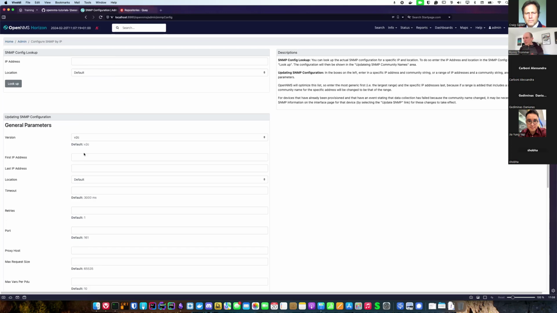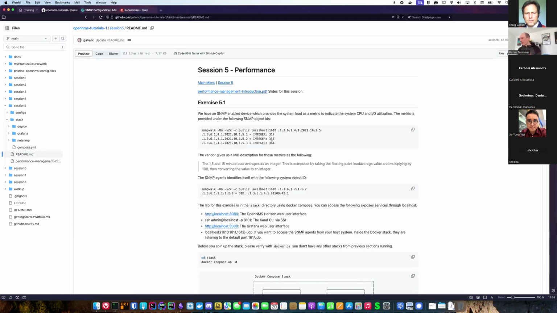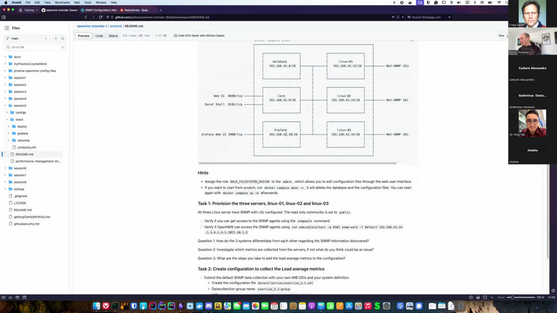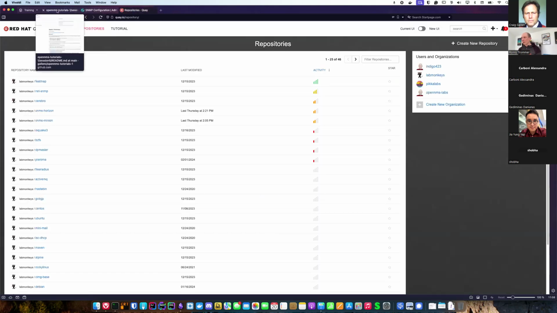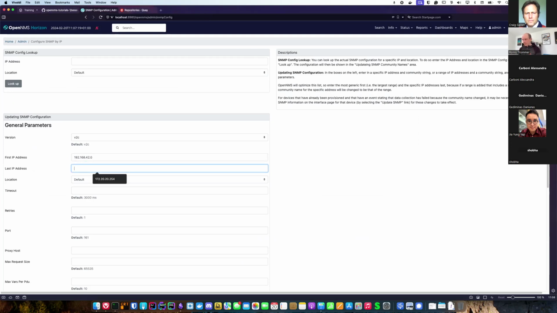If we have an IP address, you can say something like, what is the IP range here? I think we had a little network here, like 0.26. For that range, you can even make the range bigger if you want.